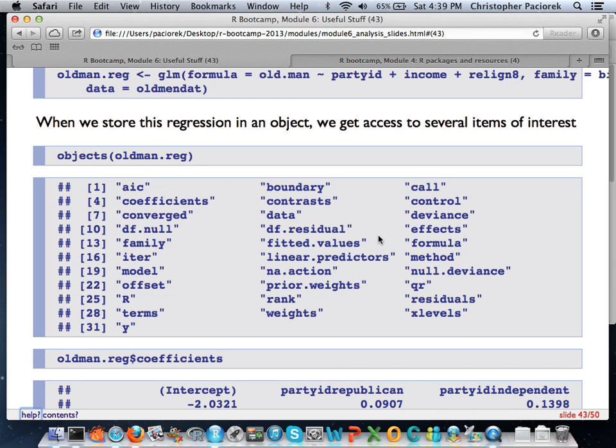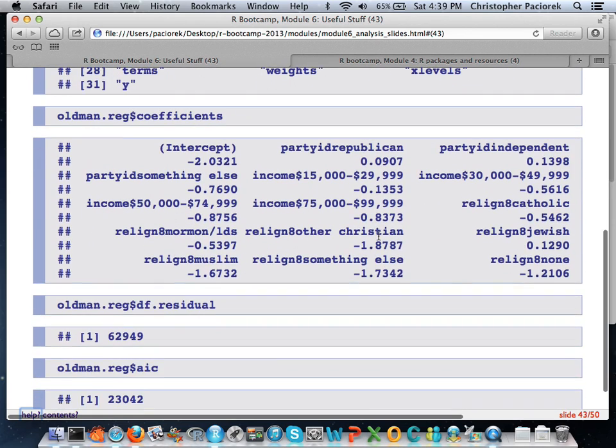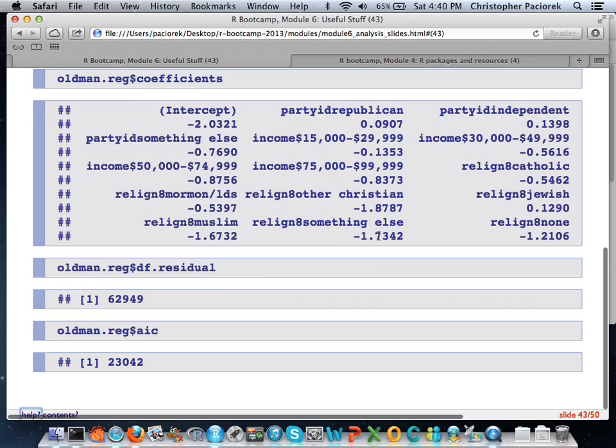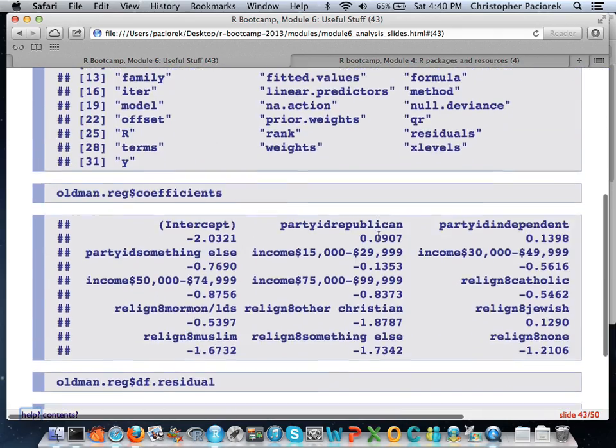So we ran this regression, the regression's in the object, we want to know what the coefficients are. That's probably the thing we're most interested in as a first pass. So we write old man to refer to our object, and we want to get these coefficients here. And it'll basically give you something that looks a little bit like this. Right? And we can do this for all these other things. Here's the residuals, the information criteria is there, and yeah, you can access all parts of the regression object just by a simple call after a $ sign here.